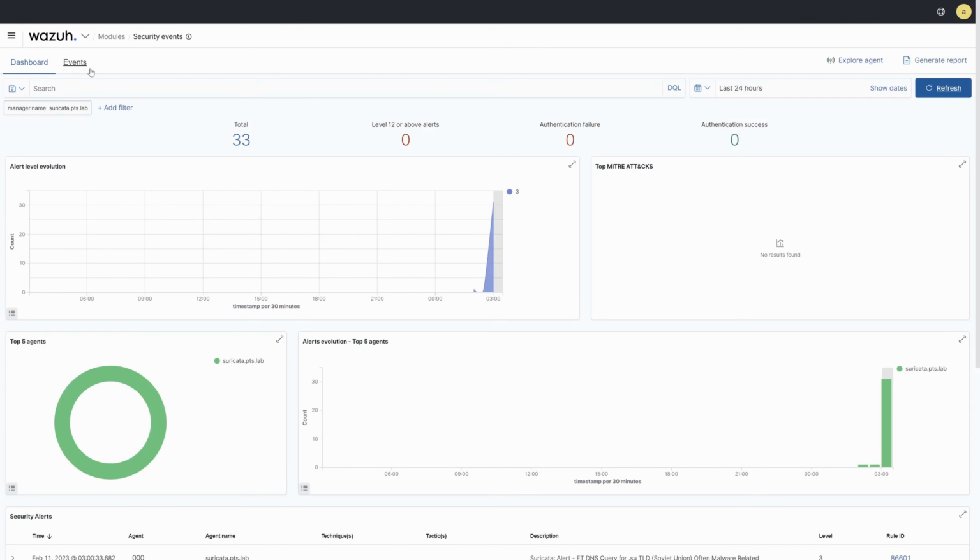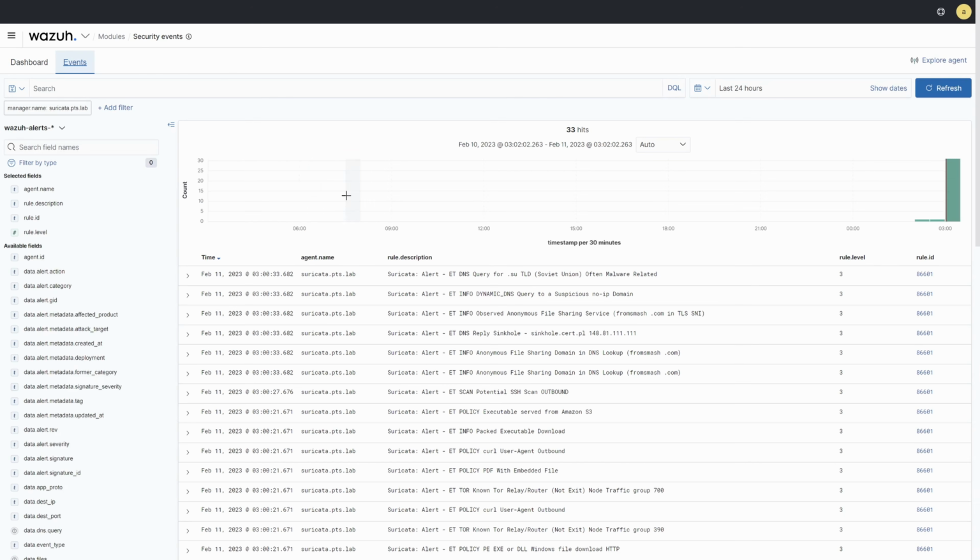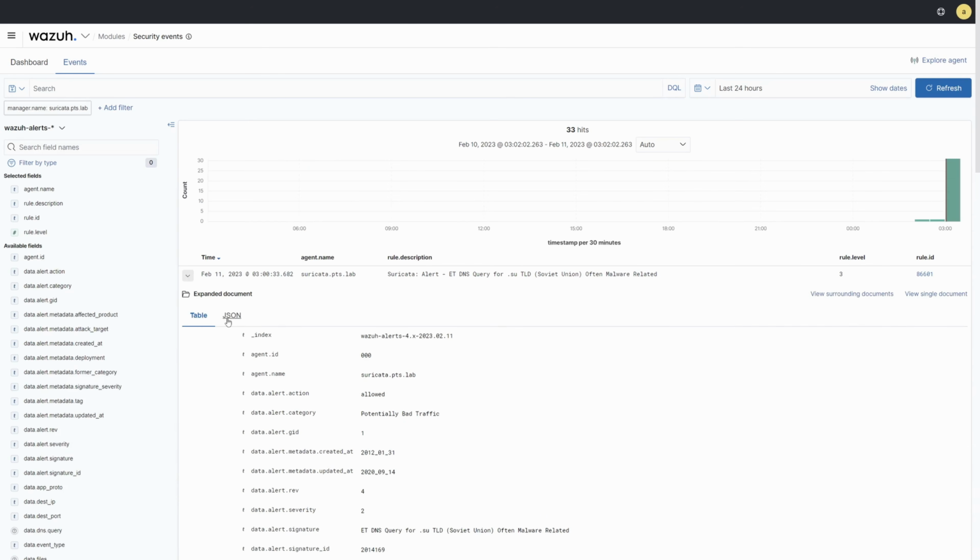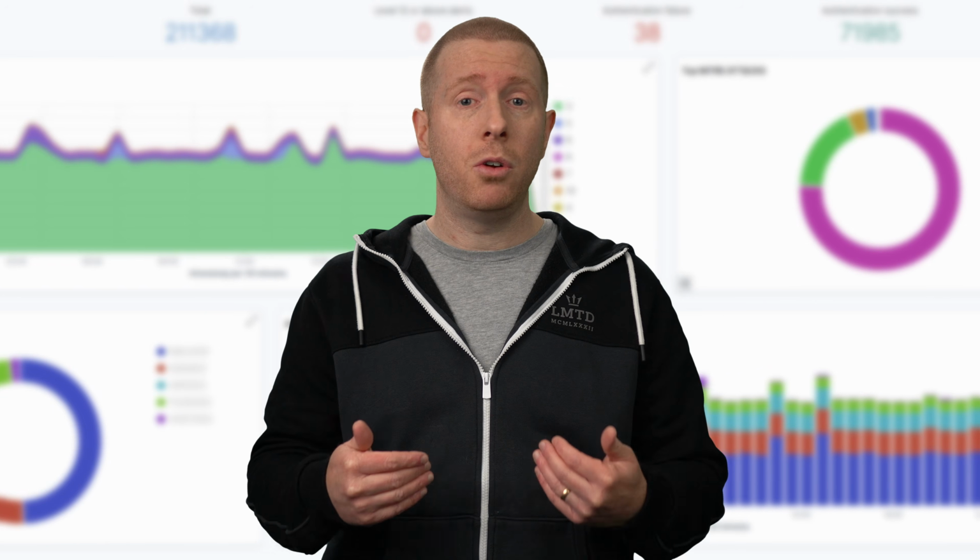The events list is like a prettier version of fast.log, and we can click into it for more context. Because this is Wazuh's version of Kibana running on Wazuh's version of Elasticsearch, you have incredibly powerful filtering and queries available to you, so this is a useful tool to do some threat hunting and analysis, and you can build your own custom dashboards if you wish. Did I catch your attention with the word dashboards? If so, you might like the next one.